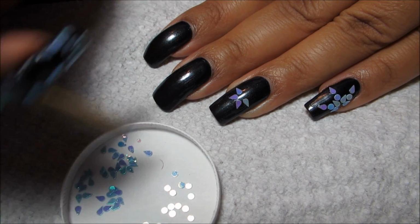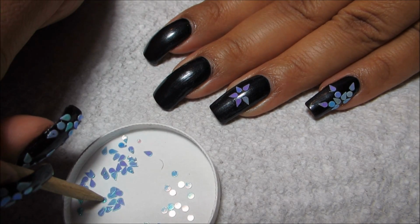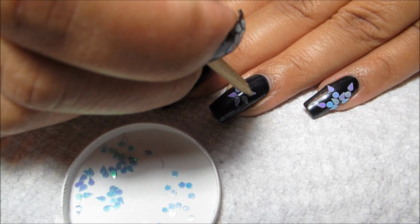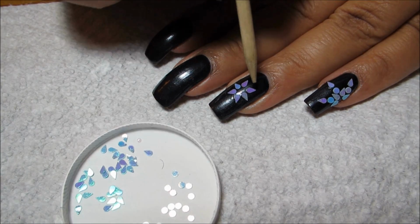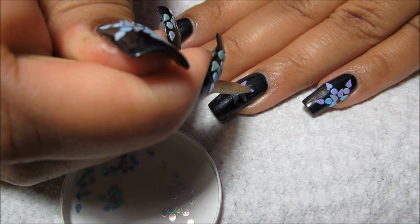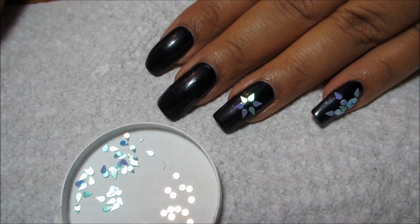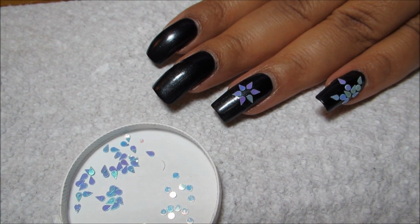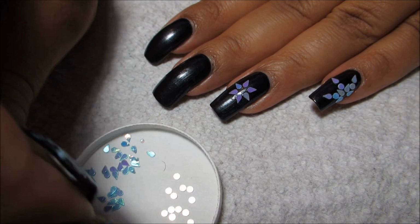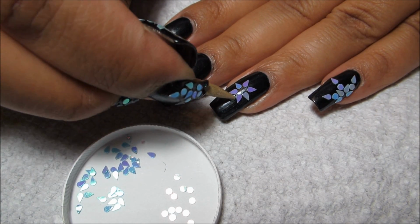And I'm just placing them, like I said, with an opening in the middle. If you wanted, you could also place a rhinestone in the middle. And then once you have them all 6 placed, you can just nudge them around with the orange stick or whatever tool you're using to pick them up so that they're placed evenly like that. The next ring is going to be with these little round ones, and I'm just going to place that in between the teardrops